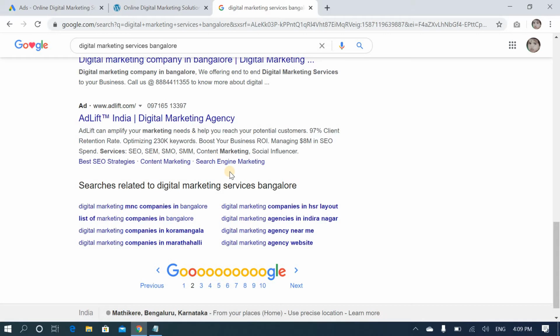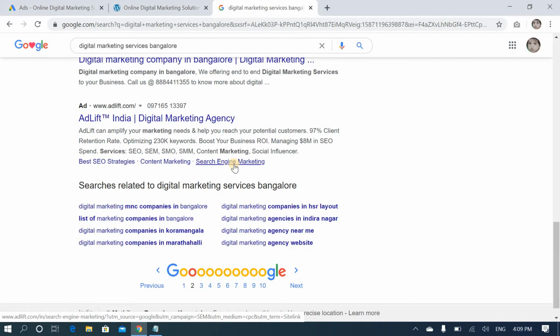The main thing is, if a user is looking for only SEO strategy, they can click this link and go directly to the SEO strategies page. If you are looking for content marketing, go directly to that content marketing landing page. If someone is looking for search engine marketing, they will go directly there. That is the main purpose: you can send customers to different pages of our website.